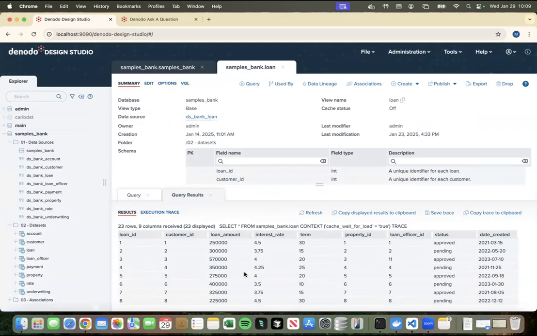I was gonna say we're not gonna spend too much time on the design studio, but in a real scenario, this might be done by someone else. So perhaps I might be the one that sets up these database connections and connects to the base views, and just gives that credential to Manuel, who will connect through an SDK. That's the benefit and power: as an AI developer, the access engine, the SQL generation, the security control is all completely abstracted away, right?